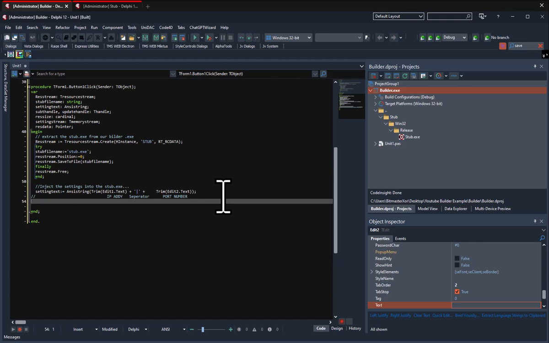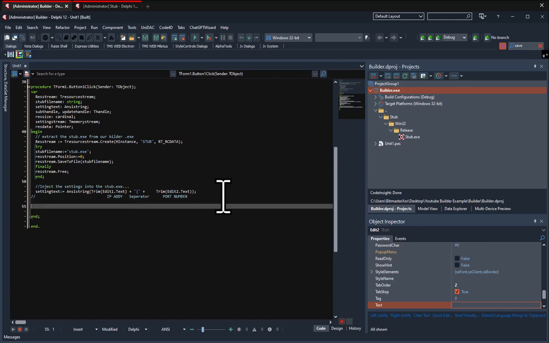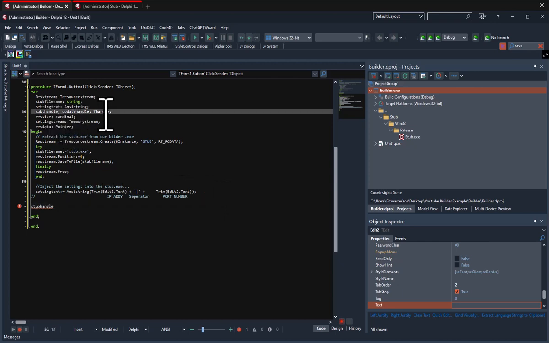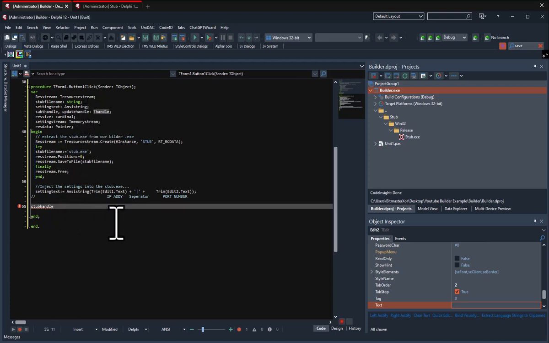So we have to now take our setting text and inject it or save it into the stub, into our stub exe that we've already extracted, right? So what we're going to do is say the stub handle, because we have to get a handle on our stub exe before we can do anything at all. So we're going to say the stub handle, and if you'll look, the stub handle is a type of key handle for looking at and locking onto different things in Microsoft Windows. In this case, it's a file handle, or we're using it as a file handle. So the stub handle, okay, is going to be equivalent to